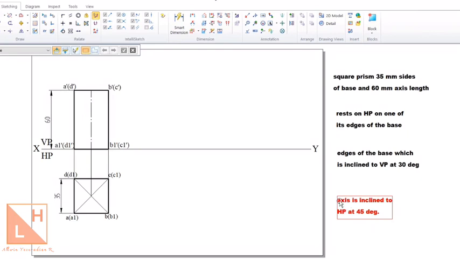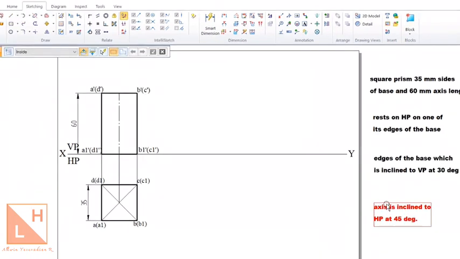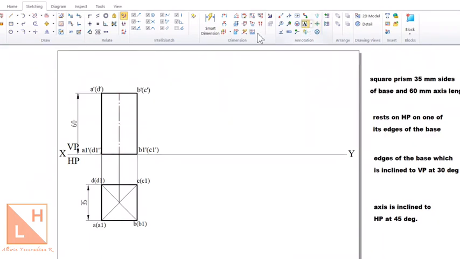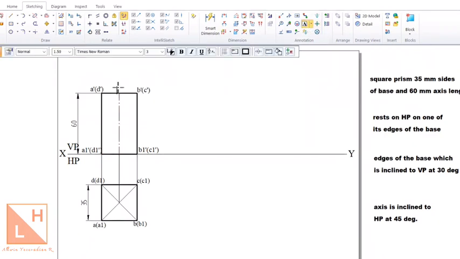It says that it is inclined at 45 degrees. Now what is inclined to HP at 45 degrees is the axis. So we have not named the axis here. Since the condition will be with respect to the axis, let us name the axis also. And I hope all of you know the meaning of axis of a solid: it will be found exactly at the center of that particular solid. So this is a square prism, and this line what we find here is called the axis of the solid.